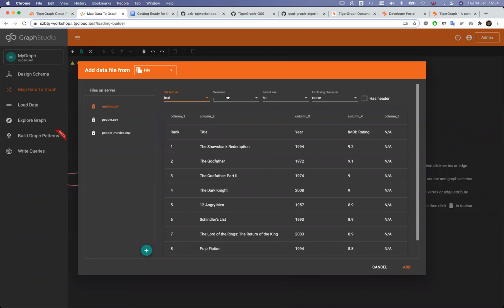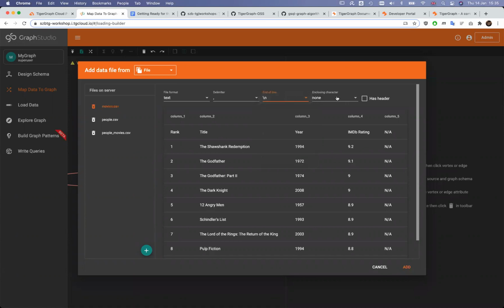The delimiter is the separator between columns or fields in the data. It is specified as comma, which is correct right now. You can pick other ones. \t identifies tab character as a separator. The third one is end of line. Again, you can pick from a number of options. \n is the typical line end character or characters on your operating system. I'll leave it as it is.